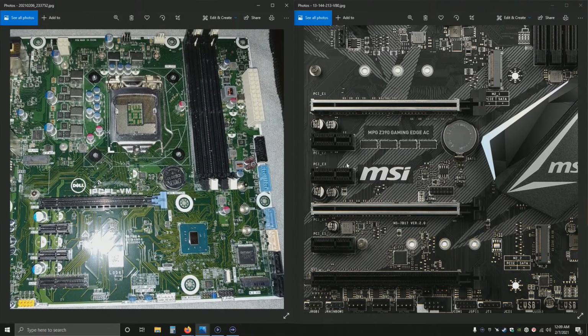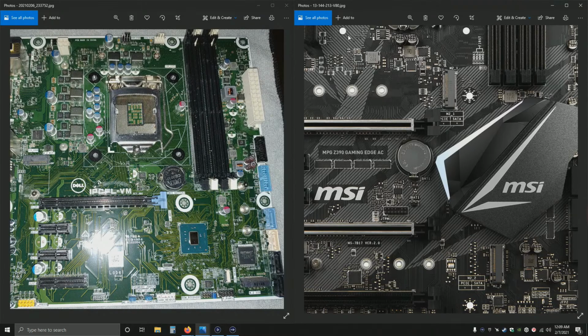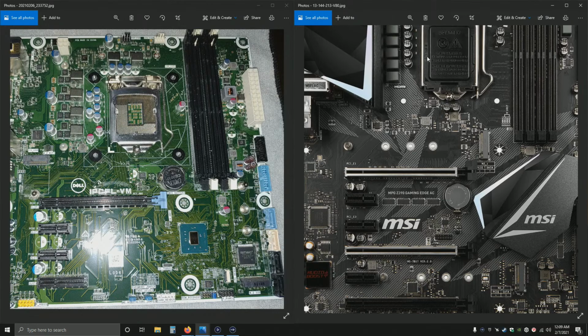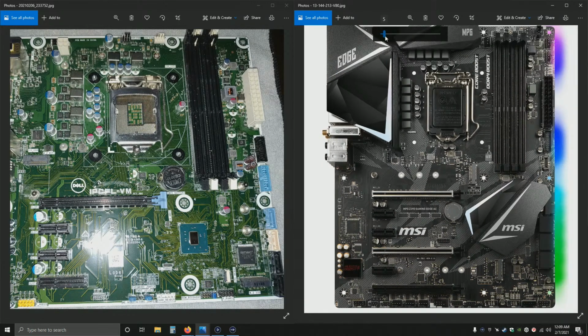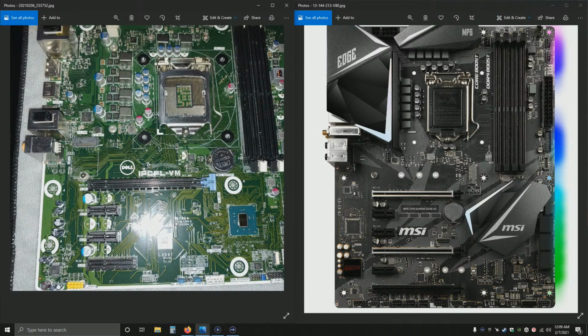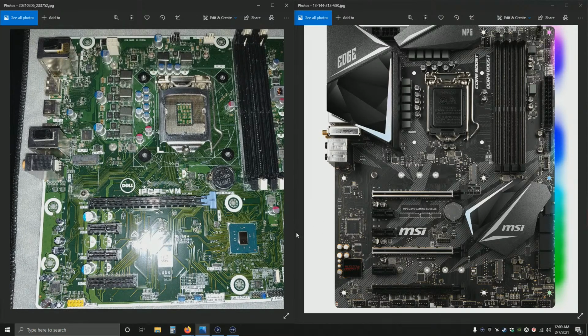What else is a major difference that I could think of? Besides reliability, you're going to get much more reliability out of this. I can't really think of anything else. Oh, one major thing, yes: with all these Dell motherboards, you can never put them in